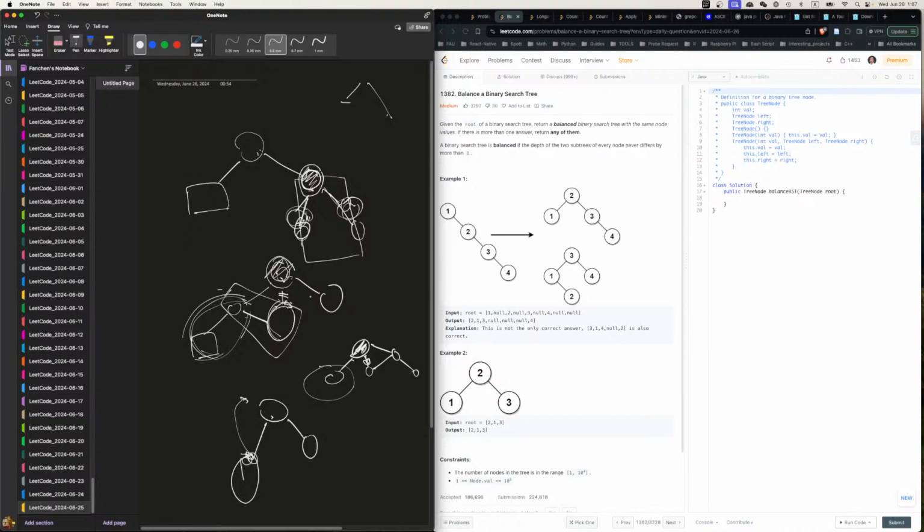We're sure that these two are balanced. So when we make this move, how do you guarantee this and this are balanced? All we can say is this and this is unbalanced, right? The left subtree is not balanced with the right subtree,